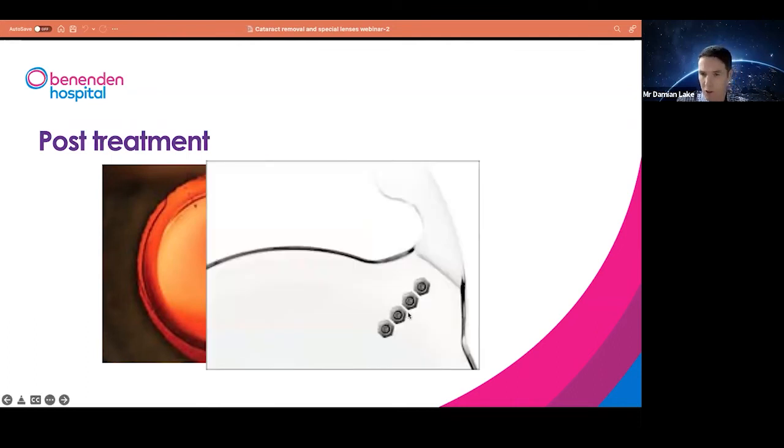So it just takes a few extra minutes during the surgery to do that. But for people with corneal astigmatism, it will give them a much better outcome and less dependent on spectacles. The compromise with this is there's just a small chance, about 2%, that these lenses can move in the early post-operative period, in which case that will necessitate a second procedure just to reorientate the lens back into position afterwards.